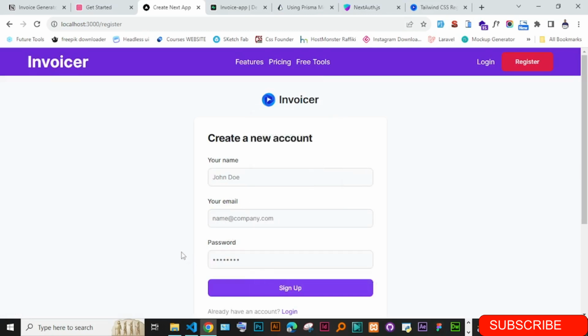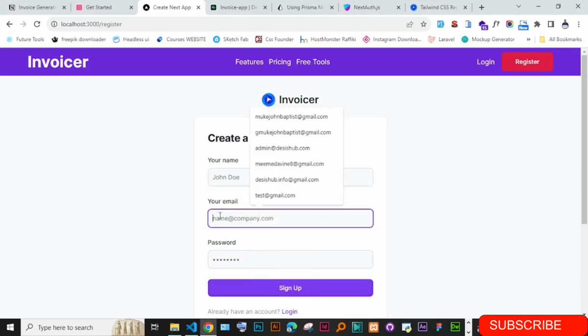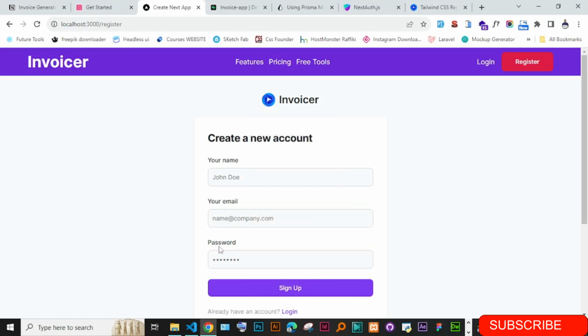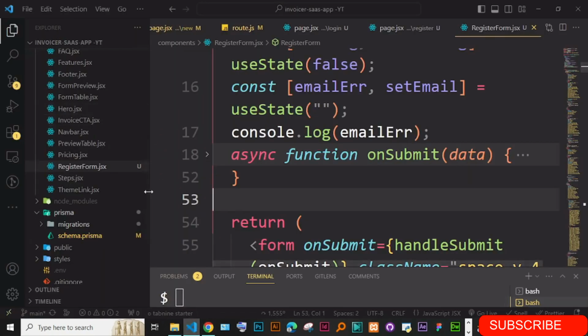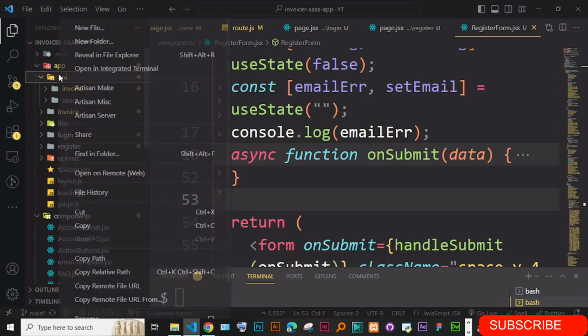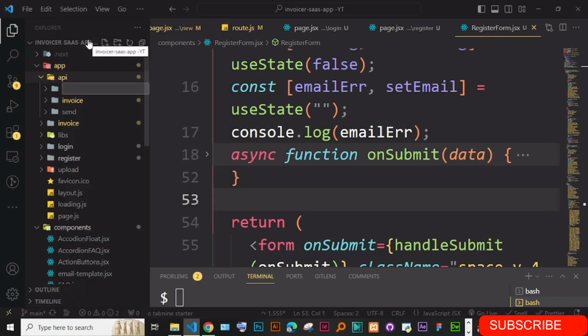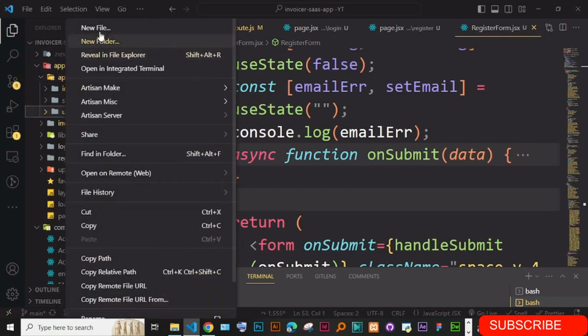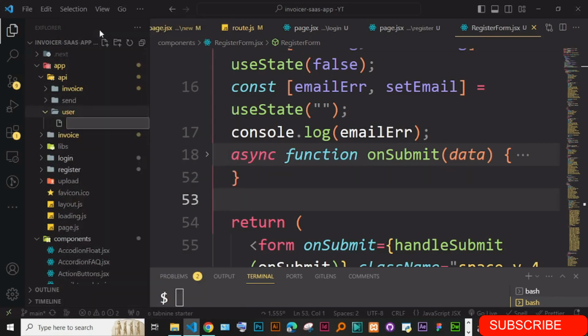Just go on the UI, and you can see on the register I have the function with the name, email, and password. Okay, so on submit, on clicking this sign up, first thing we need is to get the data from the form. Then we have to create an endpoint for creating a new user. So I'm just going to go ahead and create an endpoint that is going to register a user. So inside the API, just create a new folder called user. Okay, and then in the user here, create a new file called